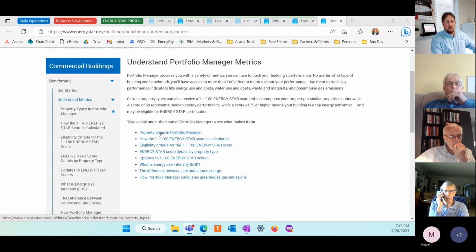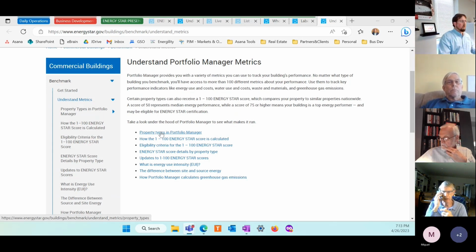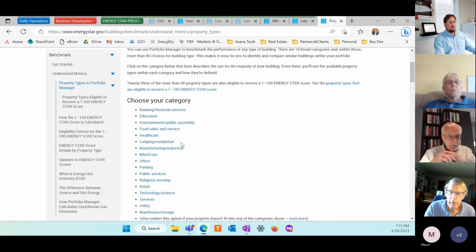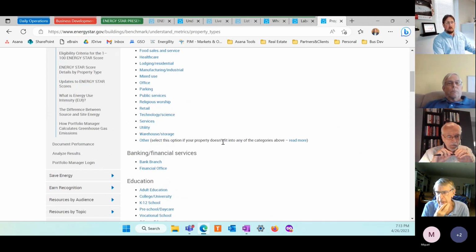Portfolio Manager, again, allows you to assemble a property with multiple data points, and that goes across a number of different